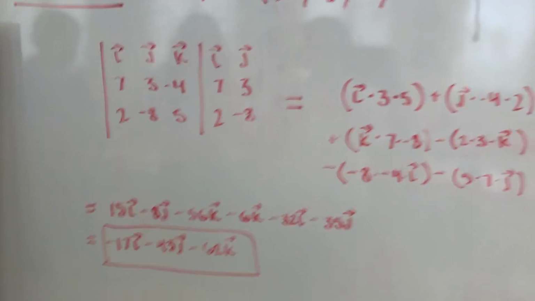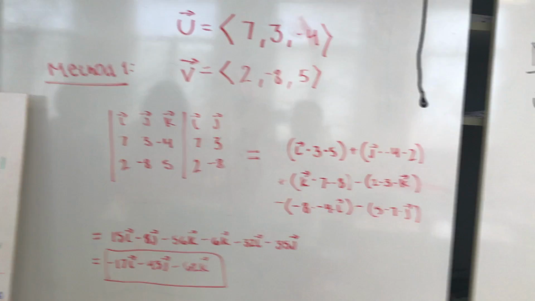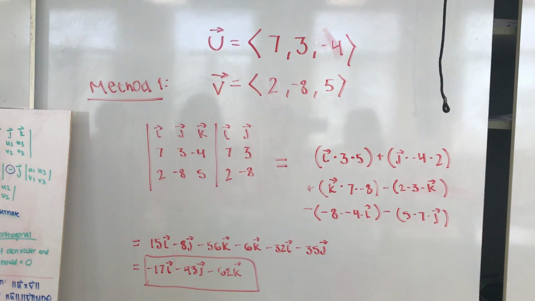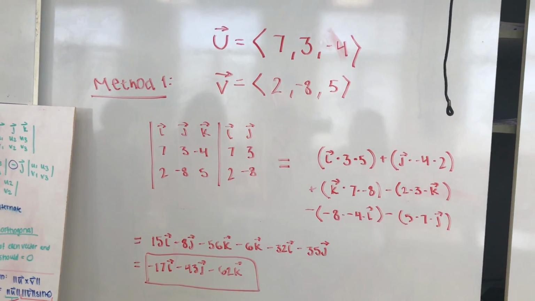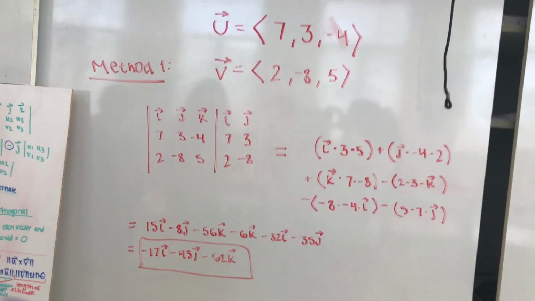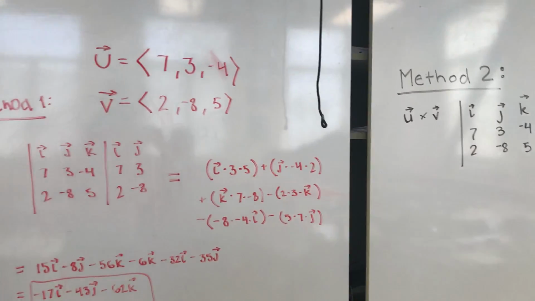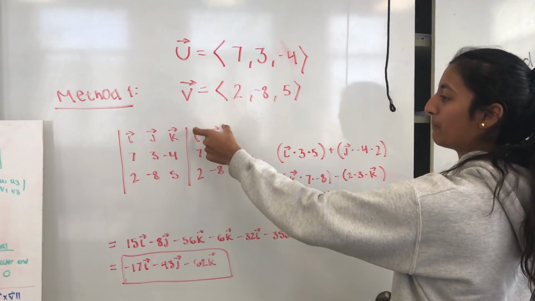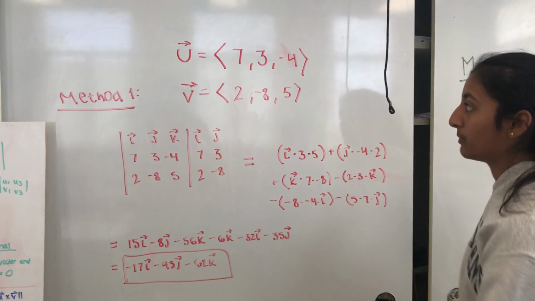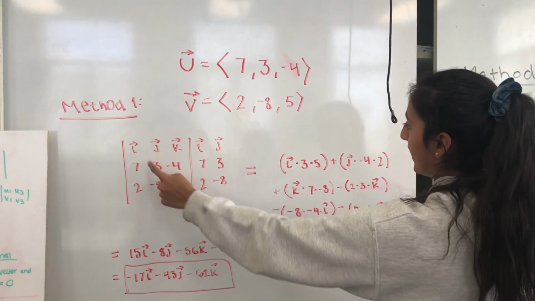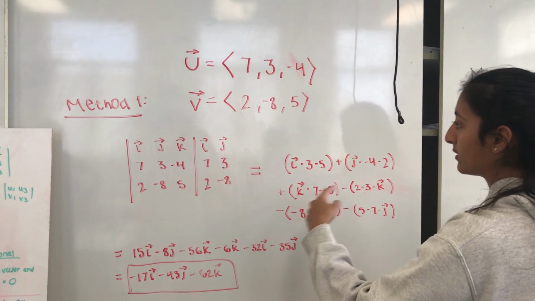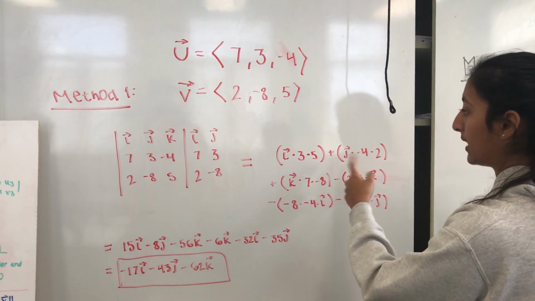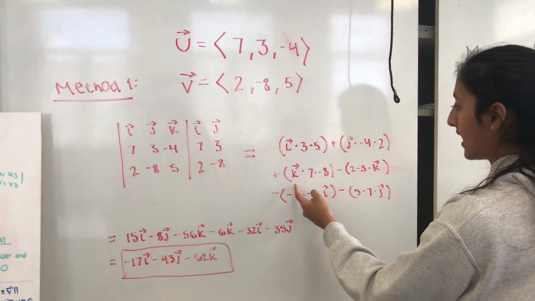Okay, so for the first example, we're using vector u as 7, 3, negative 4, and vector v as 2, negative 8, and 5. So we first bring the 2 rows over here and write them on the side so that we can multiply it out. We take i, 3, and 5, and that is positive, we multiply that, and then j, negative 4, and 2, and we add that, and we also add k, 7, and